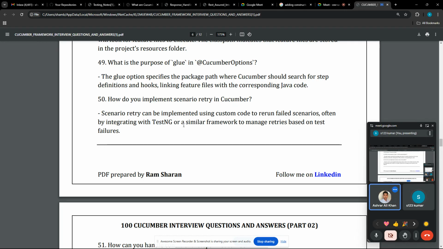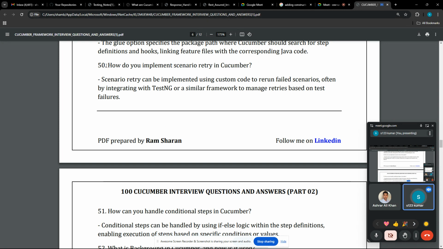Okay, then, how do you implement scenario retry in Cucumber? Retry means, suppose you have 100 test cases and 25 test cases failed. The second time you execute, it will run all 100 test cases again. This is not good. Already 75 test cases passed, so you have to run only the remaining 25 test cases after changing the script as per the